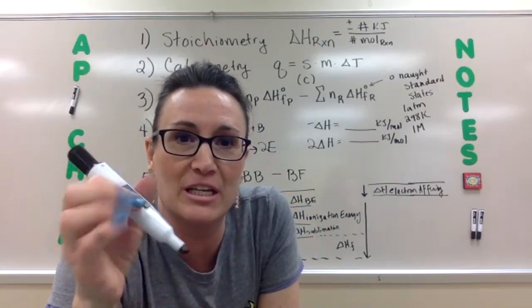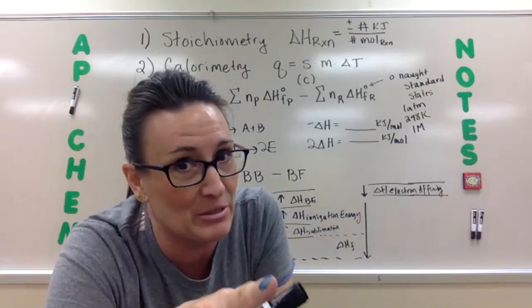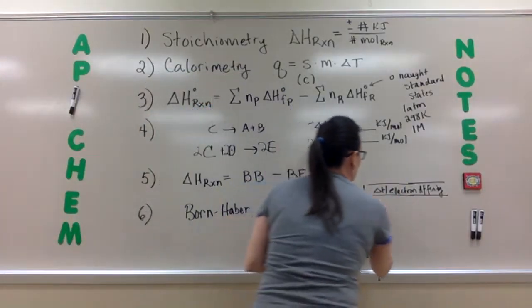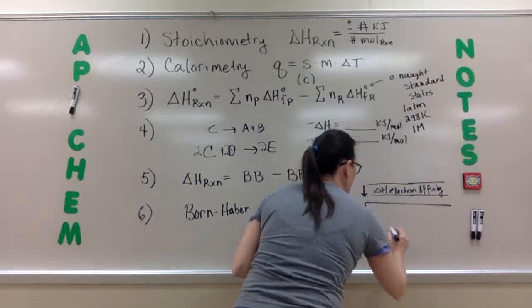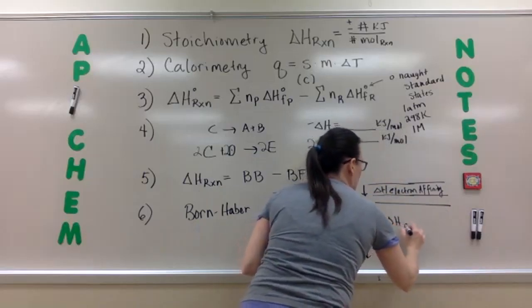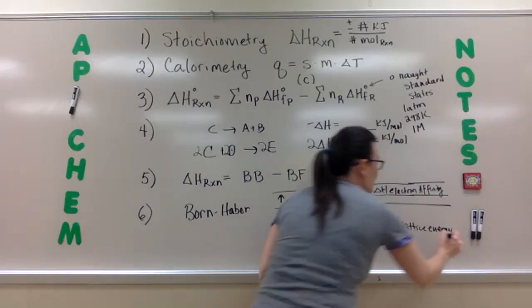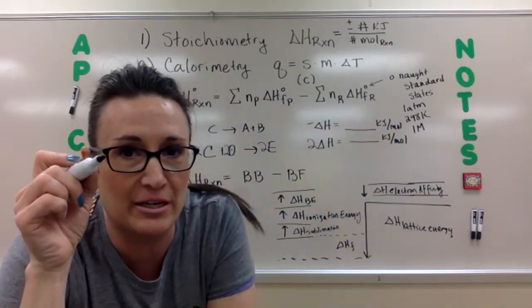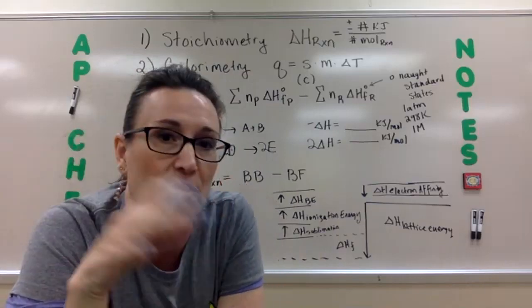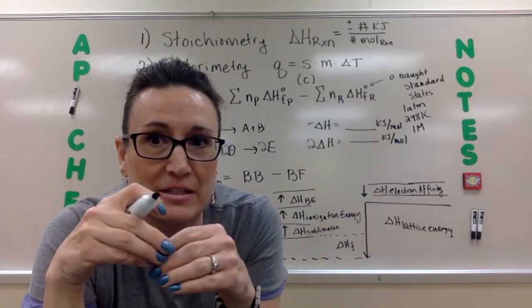So that was electron affinity. That is usually exothermic, but it doesn't always have to be. And then this big jump here, from here down, is the lattice energy. Now, in some books, lattice energy is typically listed as endothermic. So then you'd have to negate the sign and make this